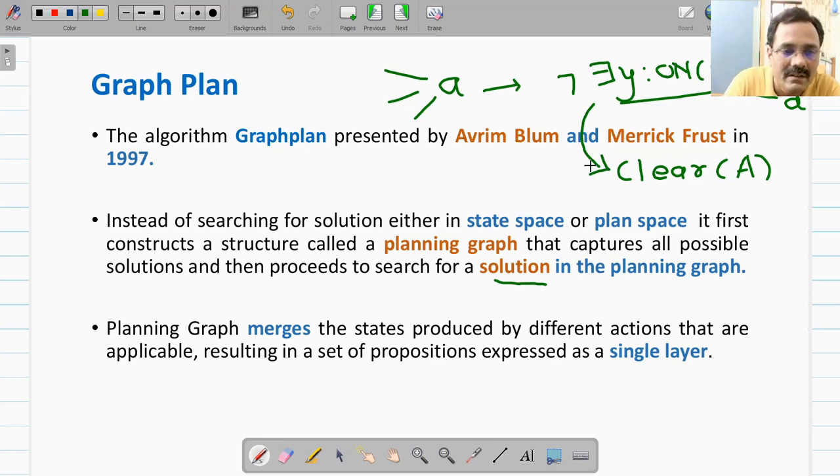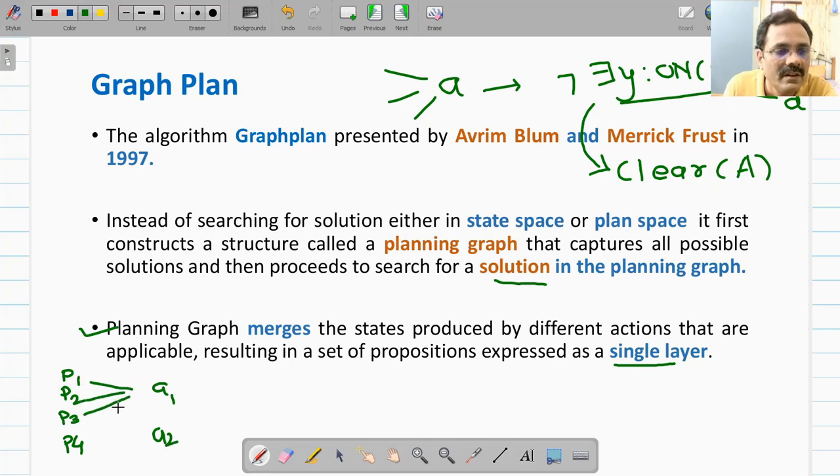This planning graph merges states produced by different actions that are applicable and resulting in a state of propositions that is expressed as a single layer. So if you compare that with state space, in state space suppose we have propositions P1, P2, P3 and P4, and suppose there are two actions, action A1 and action A2.